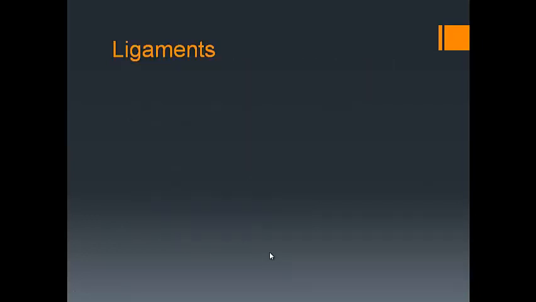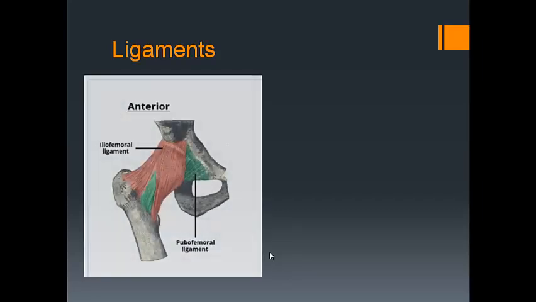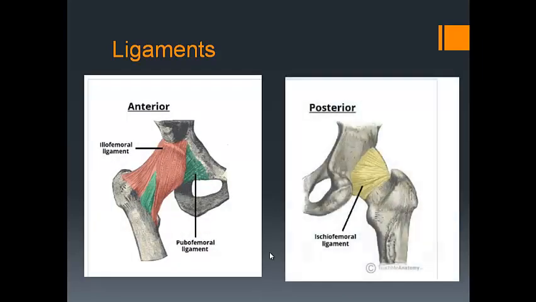All right, with ligaments, there's a couple of things you need to remember. Okay, number one, the ligaments are usually named according to the bones that they're attached to. Okay, so if it's going to be attached, for example, between the ilium and the femur, we're going to call it the iliofemoral, and so forth. Okay. The other thing to keep in mind with the ligaments is that they are classified according to their location. Okay. They can either be found inside the capsule or outside the capsule. Okay, and then in that case, we're going to either call them intracapsular if they're inside, or extracapsular if they're